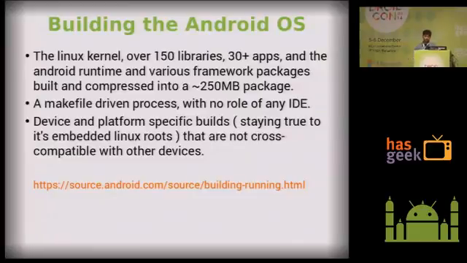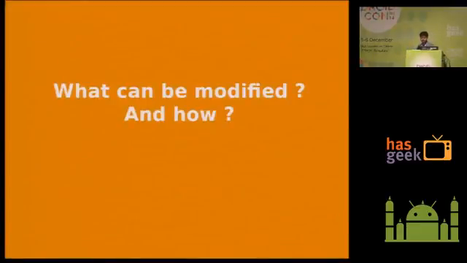So it's about 10 GB of source, a lot of parts selectively get built, and finally you have a 200-300 MB image that you flash on your device. So we are going to talk about what we can modify and how, and we are talking about that at DroidCon